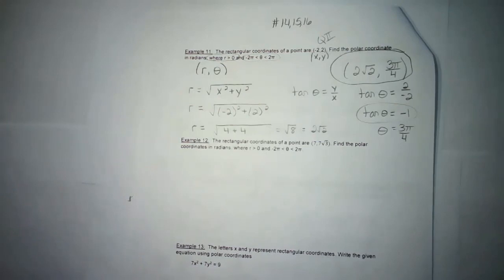So going that direction is a little bit tougher. As you can see, it requires a little more thinking. So your R is going to be pretty easy. It's positive R. Your theta, you have to decide what quadrant you're in first and then stick with that quadrant only. Then when you're in that quadrant, look and see what theta gives you that value of tangent. And then that's the theta that you're going to use. Okay, so you won't be able to do all your homework